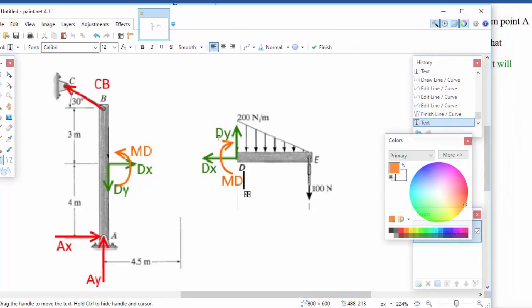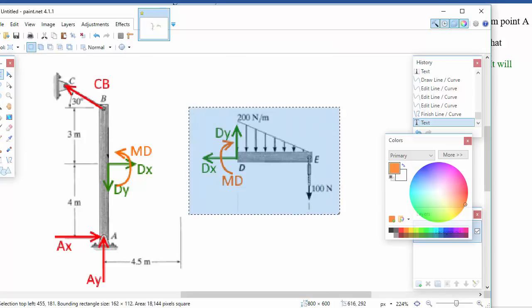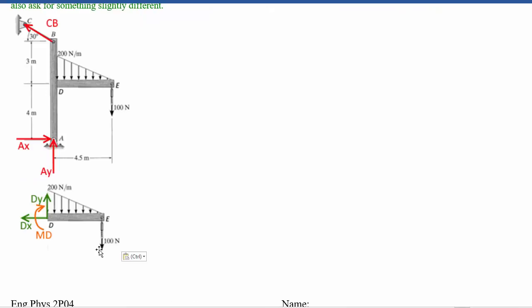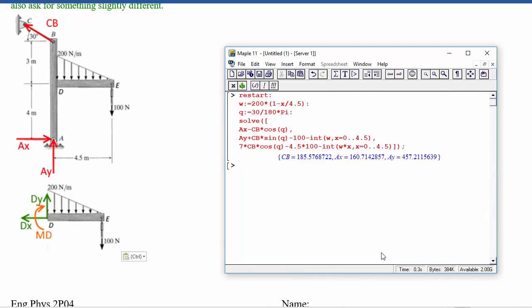So now that we've got that, we can go and write our equations. So we can look at just this side and solve for what the values should be for those reactions by establishing that that's in equilibrium by itself. And this should have nothing to do with the setup that we've got right there. We are going to need to grab that distributed load, but then we can just work in a completely different part here. So we can solve the net force in x would be negative dx, and that's it. As expected, that's going to be 0. The force in y, we would have dy minus the integral of w, x is 0 to 4.5, and minus